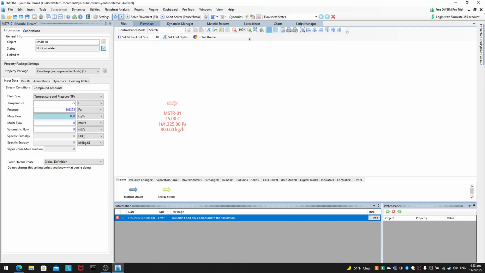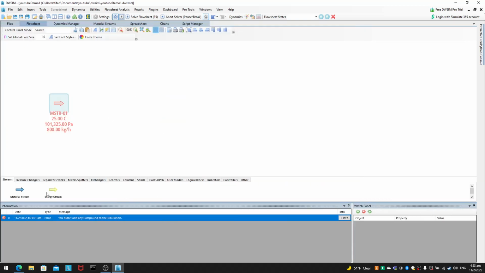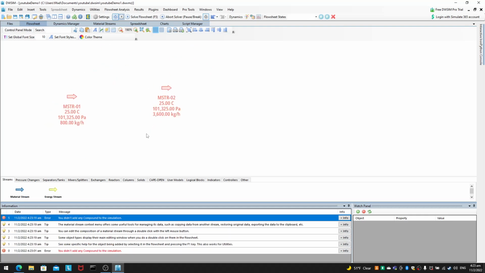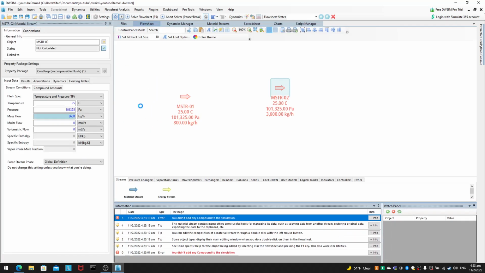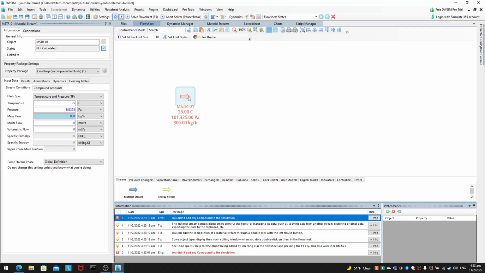Okay, so let me introduce you to the thing. Normally when you start, you'll be introduced to this screen. To make a new material stream, let's say you want the therminol, just drag the material stream onto the screen, and then delete it if you don't want it anymore. If you want to edit the material stream, you just double click it, and then you'll be brought